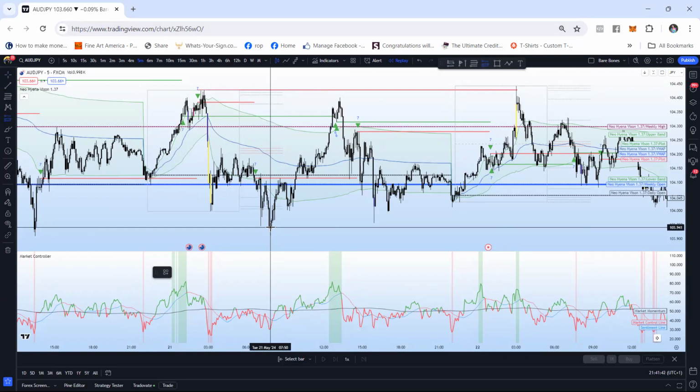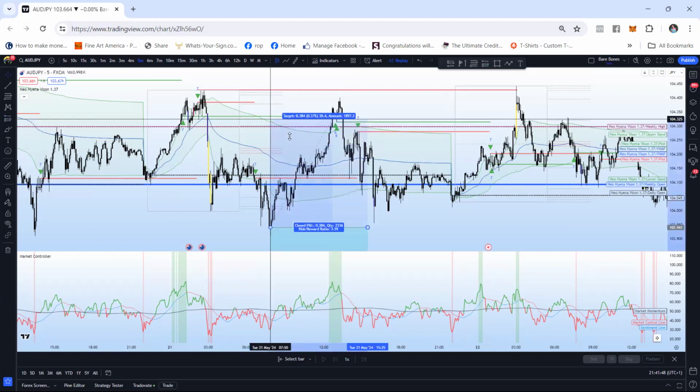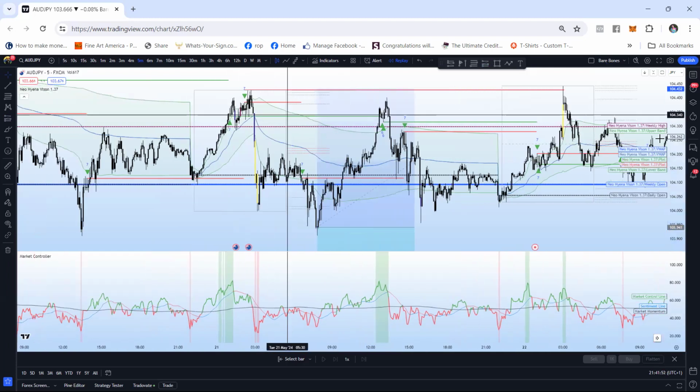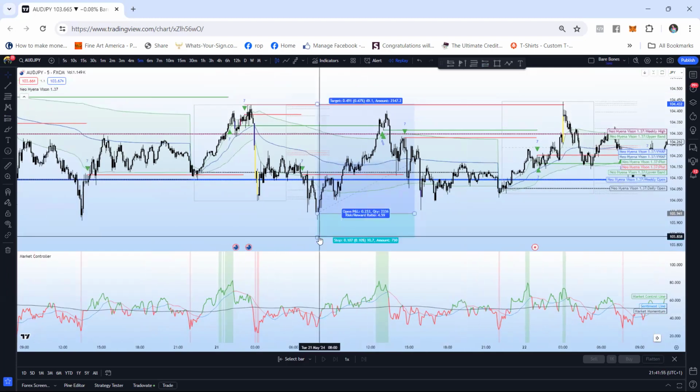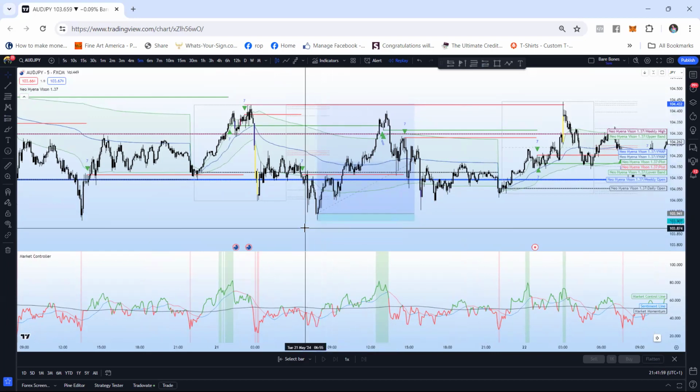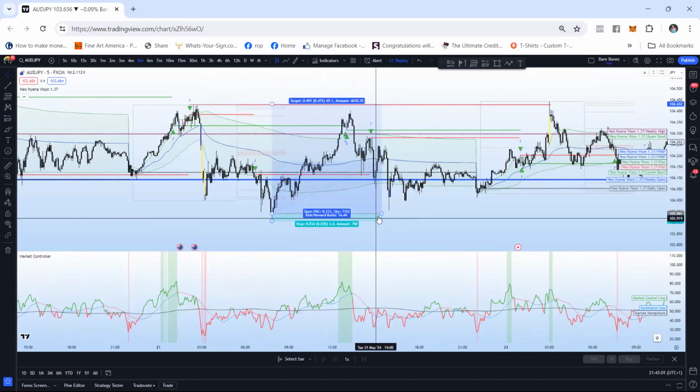The setup that I took on US 30 today, I call that a Mona Lisa too, because Tokyo low hadn't been taken out, right? And when Tokyo low or high hasn't been taken out, that is a beautiful target for trades, right? And as we can see